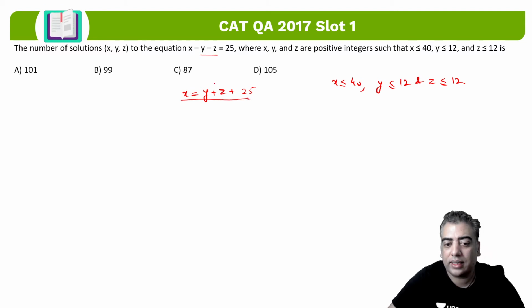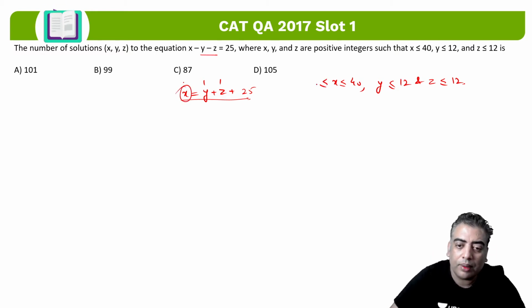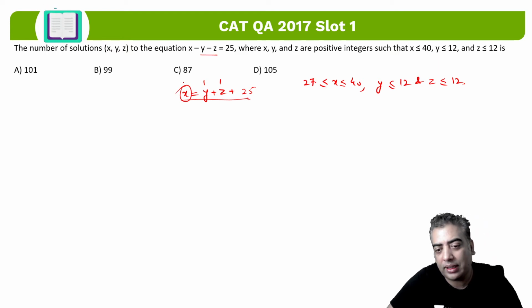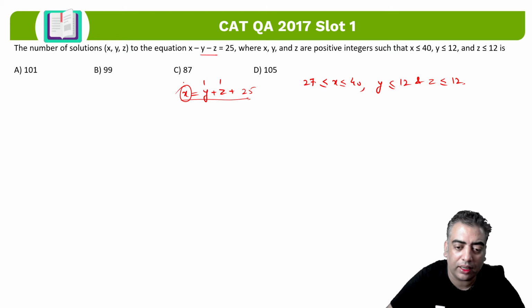If x, y, z are positive integers, can I say the minimum value that they can hold will be 1 and 1? Right, so that gives us a very clear-cut picture about the values of x. Can I say the minimum value of x will be 27? So guys, please check it out. This is very critical and important information. If you can understand this, then we can solve the entire question very easily. Making cases won't be a difficult task, right?